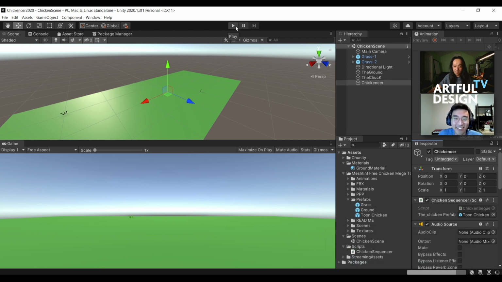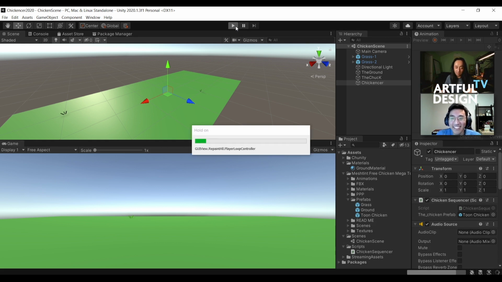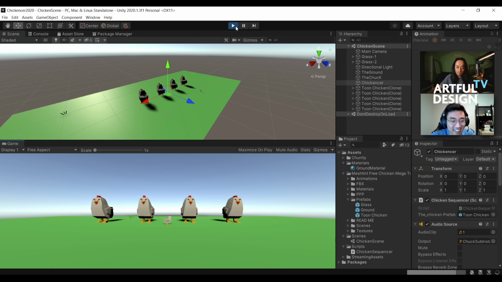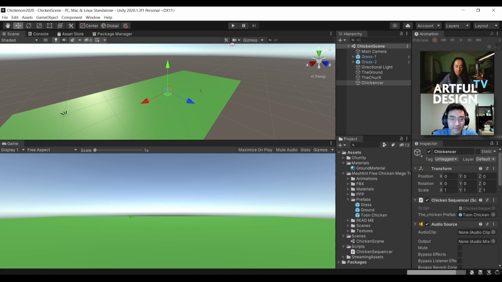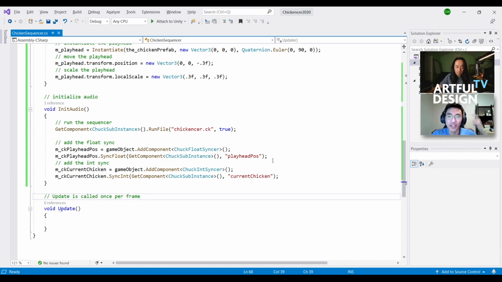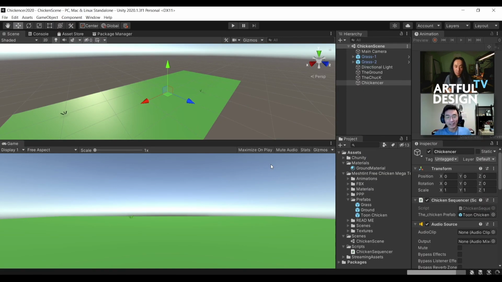How could this not work? Let's try this. What will we see? Okay, we don't see things moving, but we see the 5 chickens, the 4 chickens and the little chicken, right? And we also hear the dope sounds. So this is a good sign. We actually hear audio going, but right now let's try to hook up the